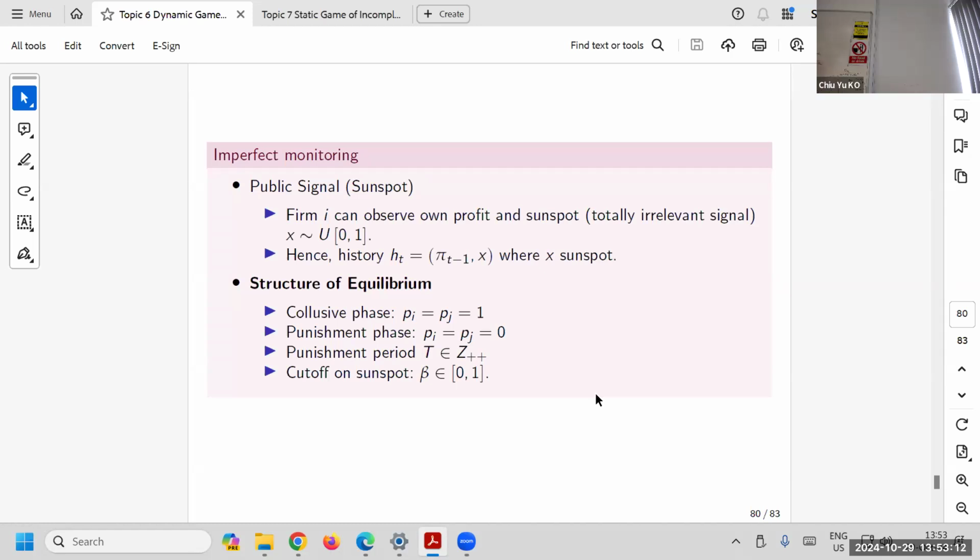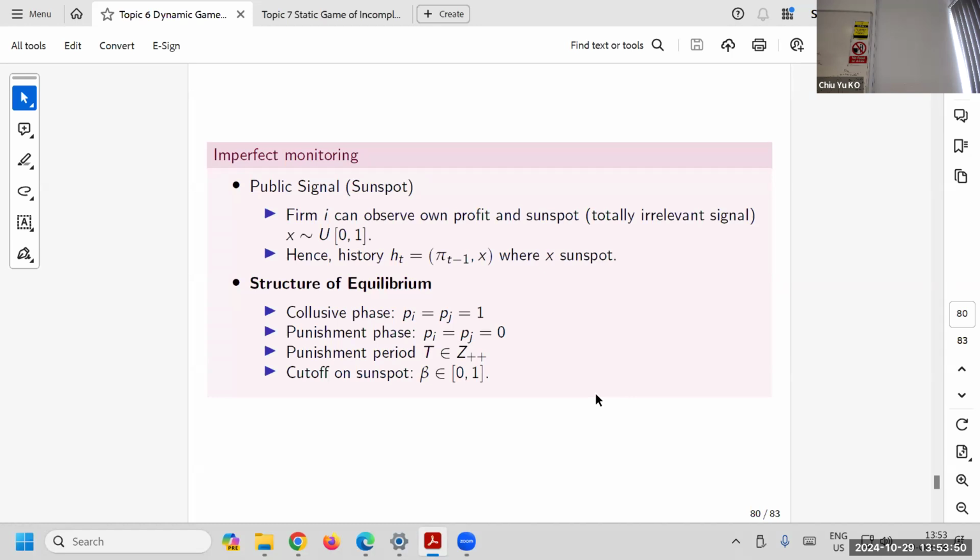So the equilibrium is the following. The structure is under collusion, we collude at price 1, which is the maximum we can charge, right? Because the maximum price is 1. If you charge more than 1, you don't get anything. If we get punishment, we go to the Bertrand. So this monopoly price, this is the Bertrand. So we go between them, and there will be some punishment period. We cannot punish forever, right? There will be finite punishment. We punish for a while, we will return.